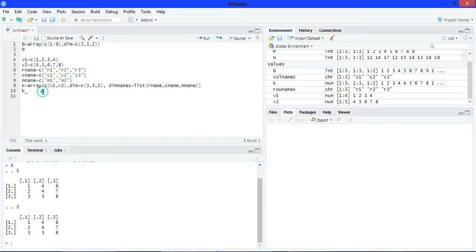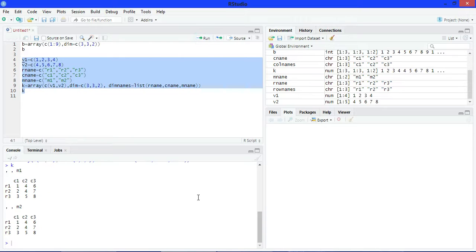Now print it. See, here the output has row names, column names and also names for each matrix. R1, R2, R3 are row names, C1, C2, C3 are column names, and M1 and M2 are the names for matrices.